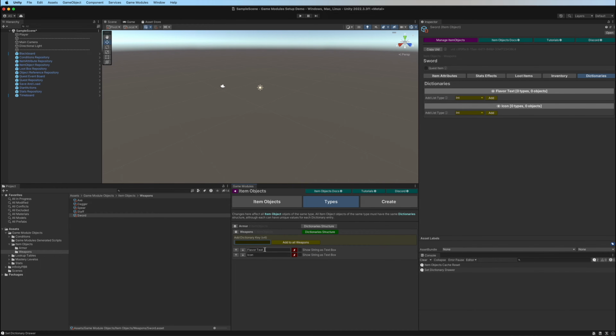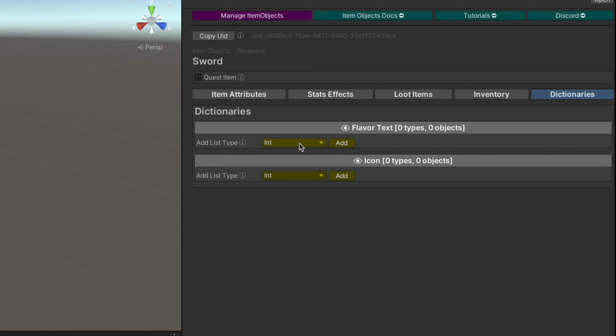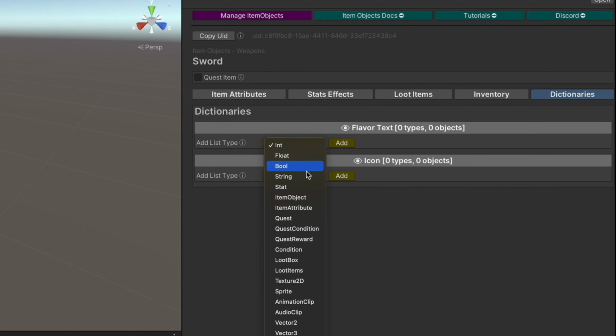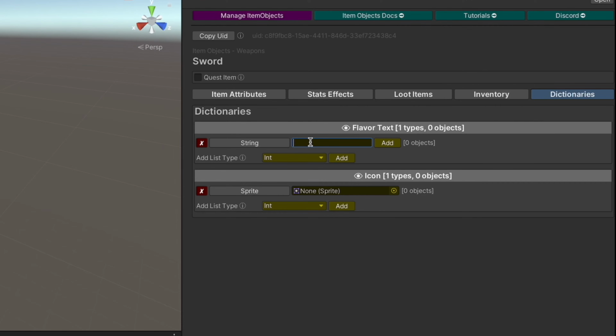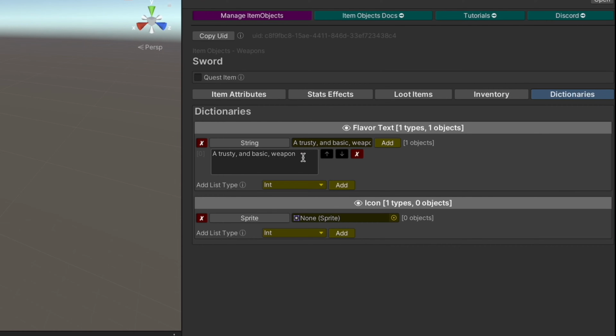We can see here I've added a flavor text key and an icon key, and they show up here in the Dictionaries tab where we can turn them on or off and add values to them. Every dictionary is able to have any number of values of these different types, including some basic types like int and float, game module types, and also other types like vector 2, 3, 4, colors, prefabs, and animation clips, etc. Let's add an item to the flavor text. And we have the option down here to show the string as a text box. So if we click that, then the string will appear a little bit larger, which might be easier to utilize